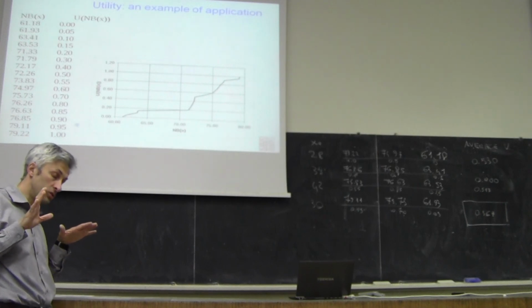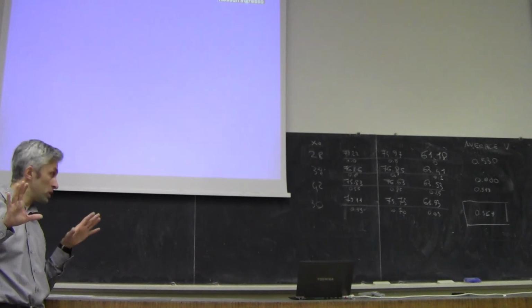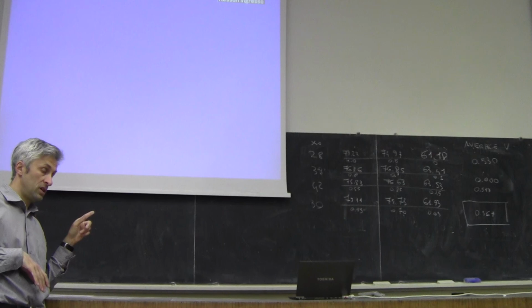So you give a high utility only to high benefits. What is the effect on the results? If you make an experiment, you would see